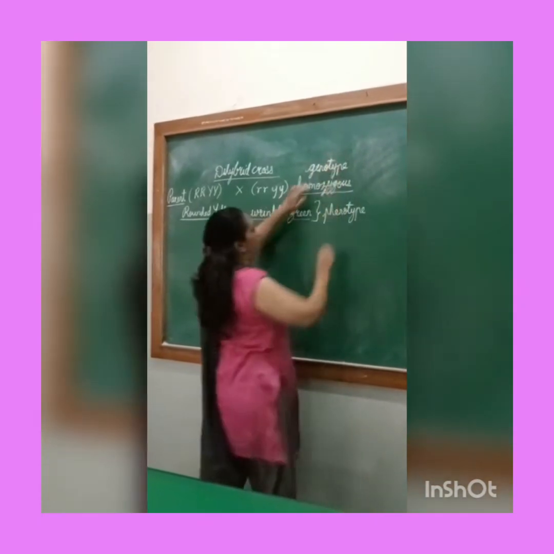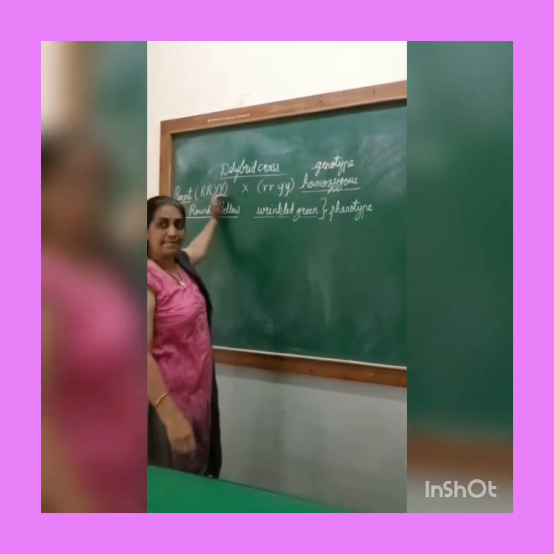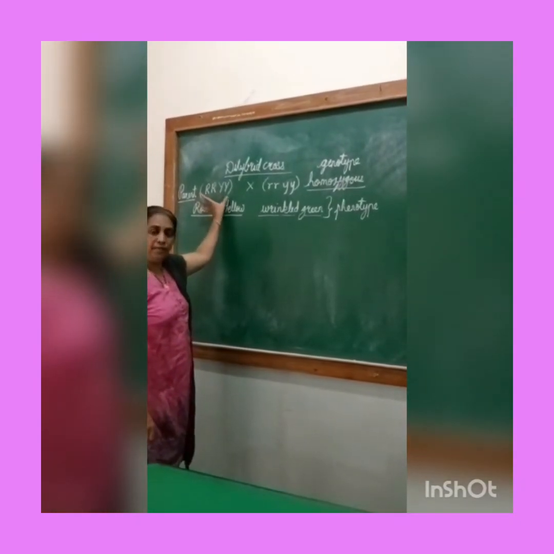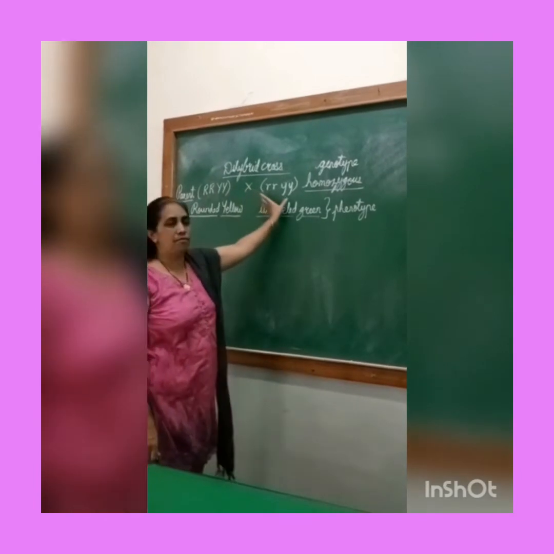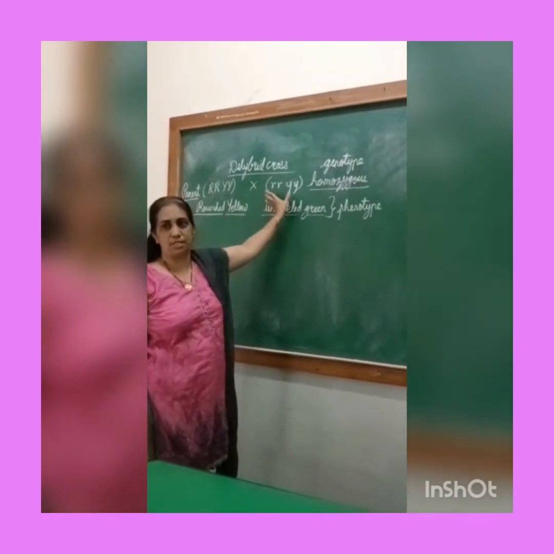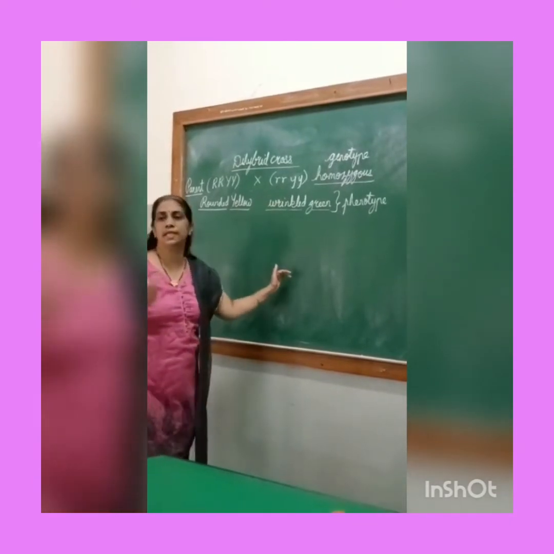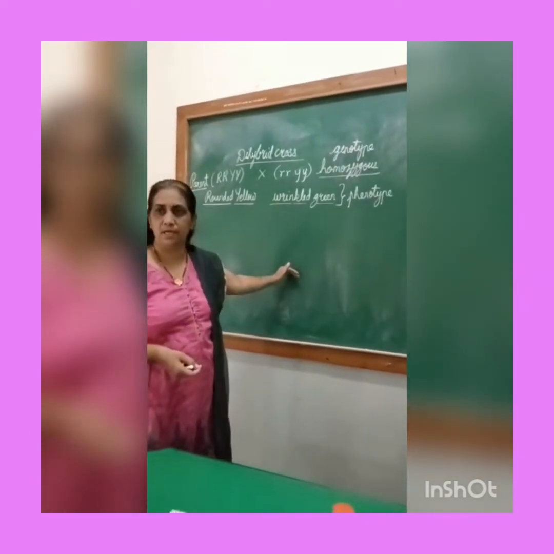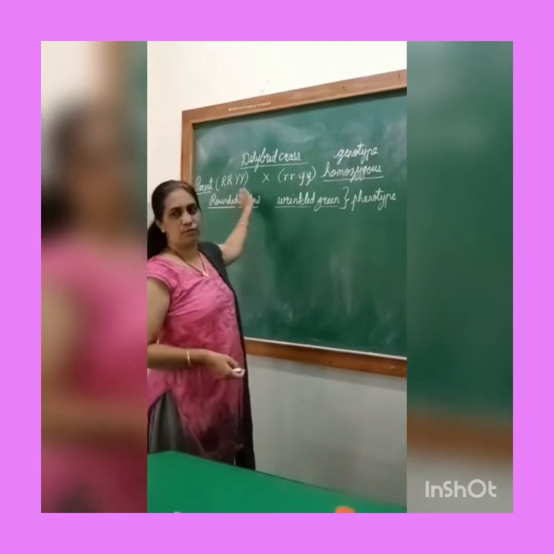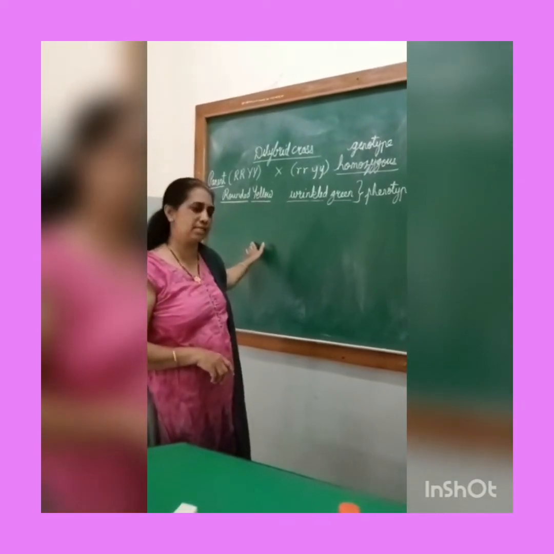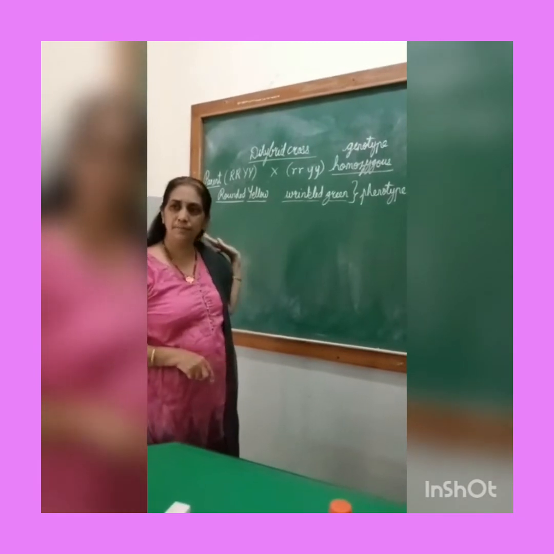The genotype of the parental generation is homozygous because they are called the pure recessive genes. Recessive genes means the genes which need the same type of gene to get expressed. If they have the other type of allele, then it will not be expressed. Only the dominant allele will be expressed. Is it understood?